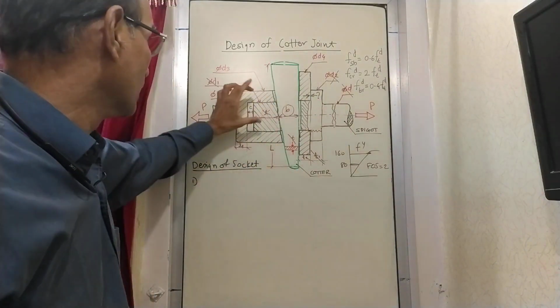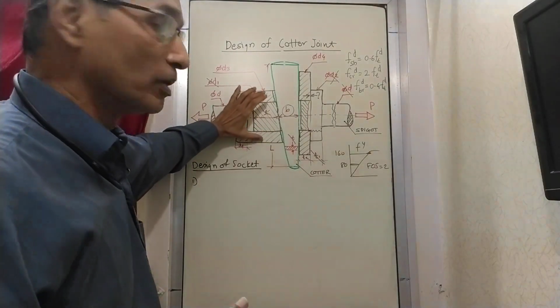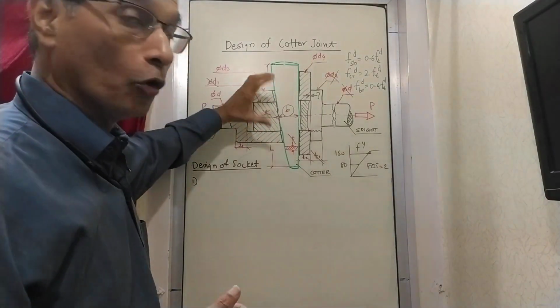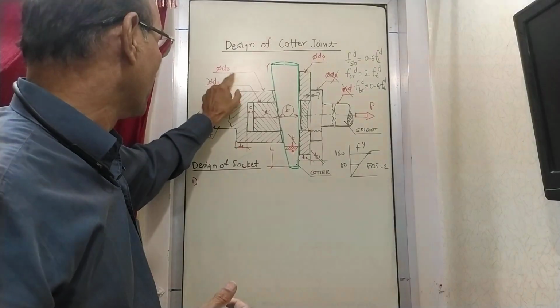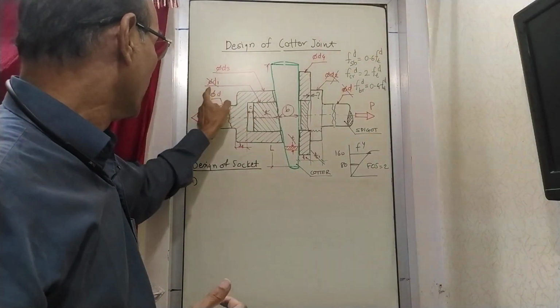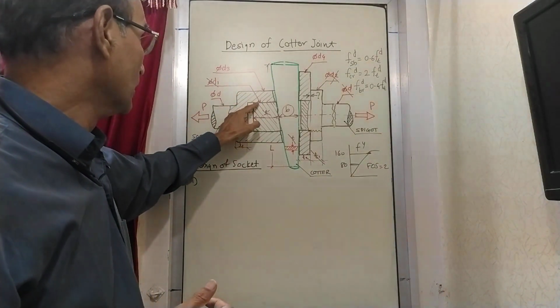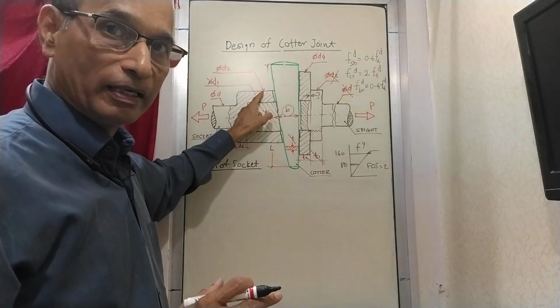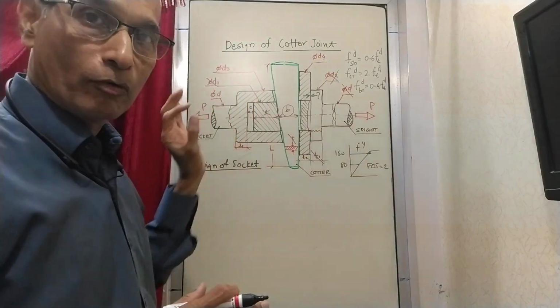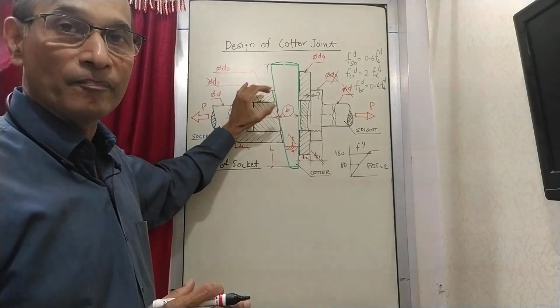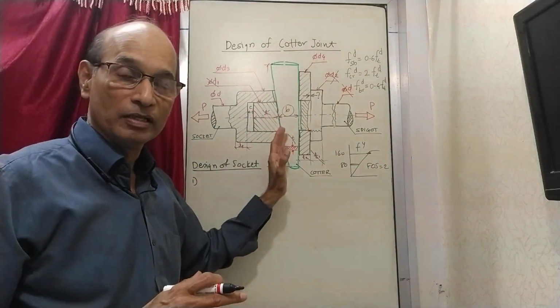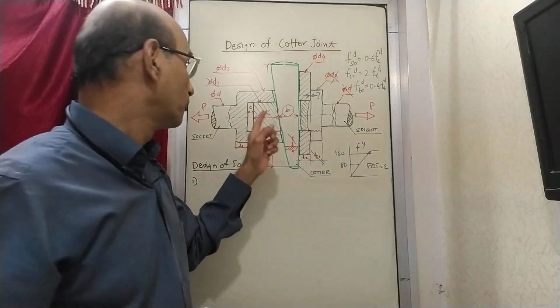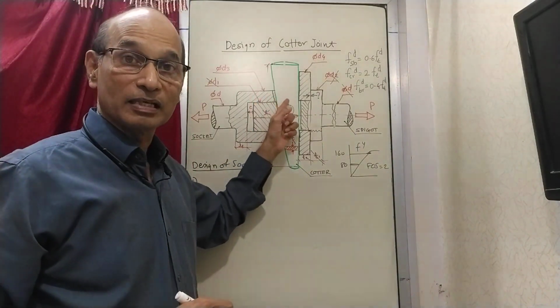So now we will see this part of the socket, which is something like a hollow pipe. Now this hollow pipe has got outside diameter D3 and the inside diameter D1. Out of that, D1 is already obtained earlier. So only D3 you have to find out from this hollow pipe equation. So how will this hollow pipe fail? This will fail in tension. And from where will it fail? It will fail at a place where the section is less.